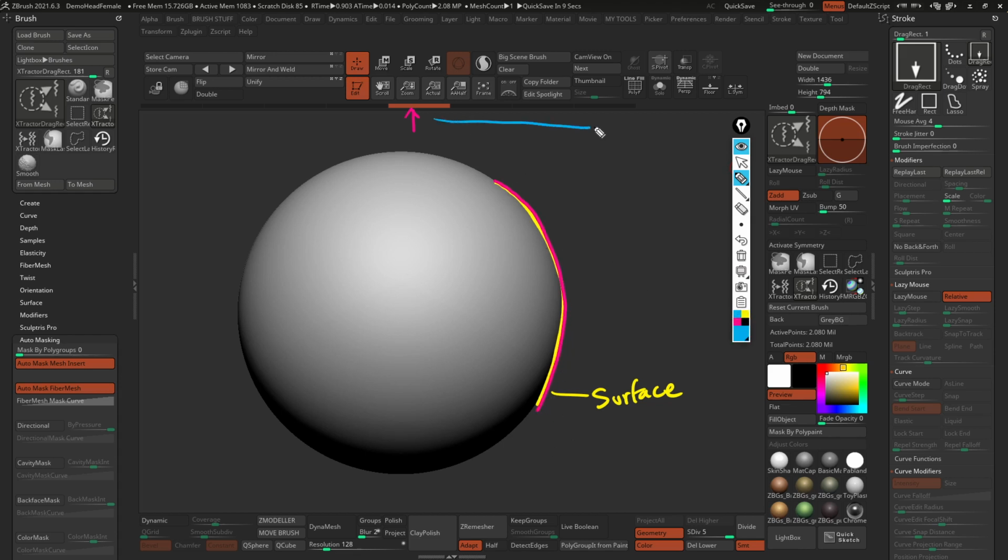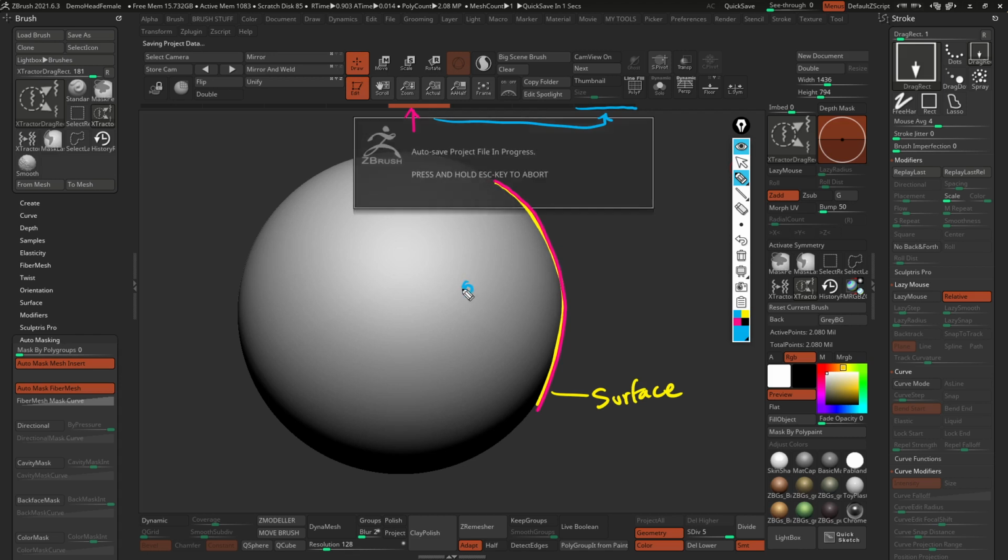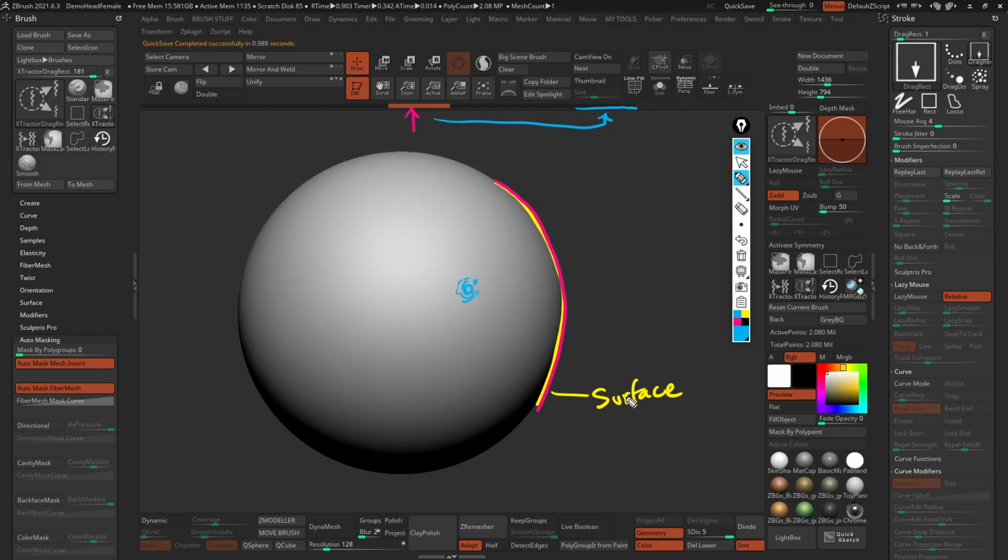And then when we go back to whatever detail we did, so this state right here, the one that we created, that hole or pore, right? We're going to tell ZBrush, look at the previous state that we recorded at this point, so this pink line, and just give us the difference between the previous state and the new state.